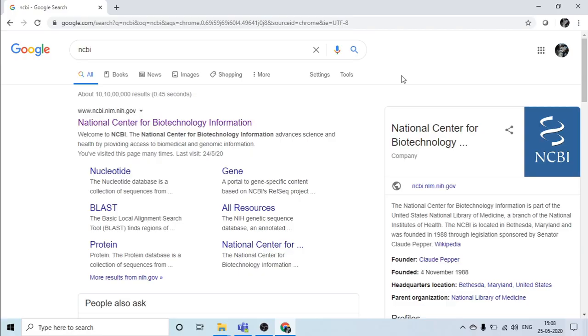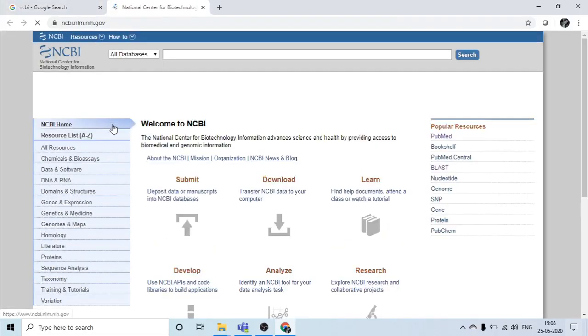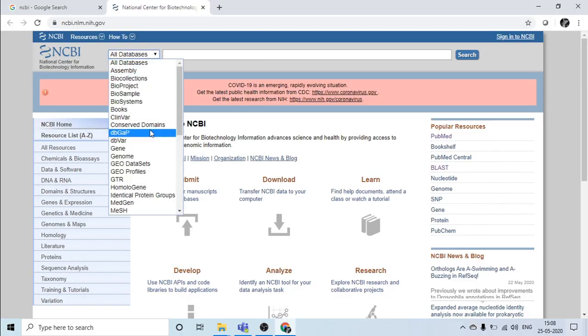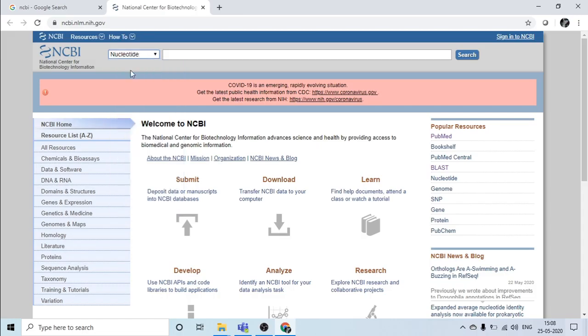So I will now summarize the steps to browse or retrieve a sequence from GenBank. For that, first you need to go to NCBI, the National Center for Biotechnology Information. This is the home page of NCBI. There are two search windows that we can see. On the topmost left-hand side, you have to select nucleotide